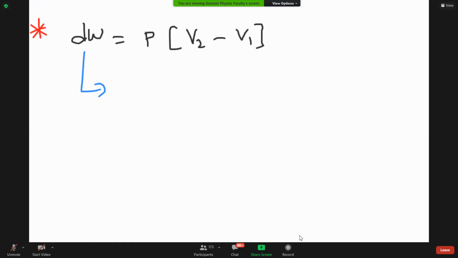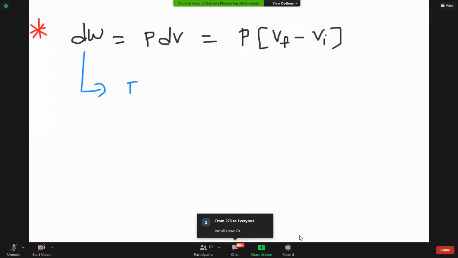dW is equal to P dV. That is nothing but P into final volume minus initial volume. So here, please concentrate. First case, if gas expands,